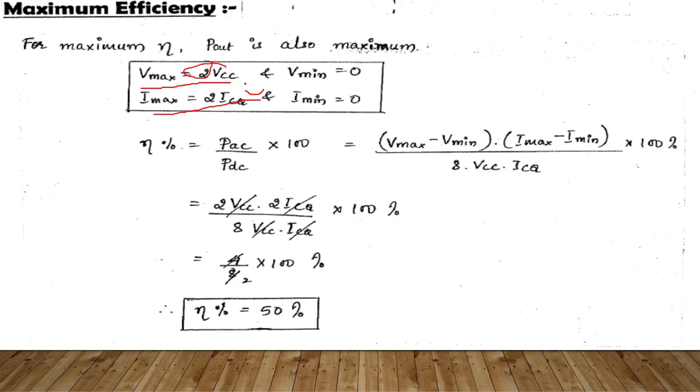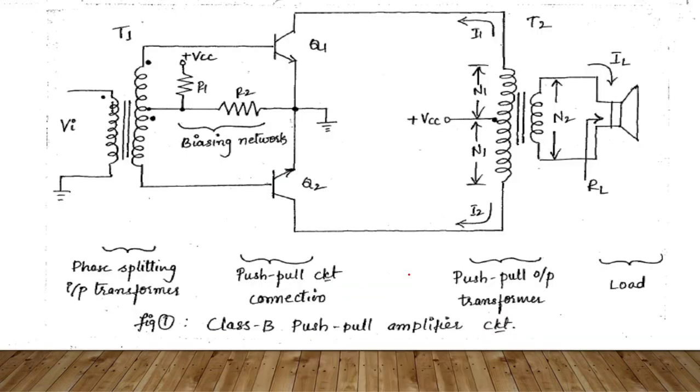Imax is equal to 2IC, which is the same; only this 2 we have to remember. If you make it 2, then instead of 25% I am getting 50%. That is the only difference if you use the transformer. That is all about what you are using in the transformer.